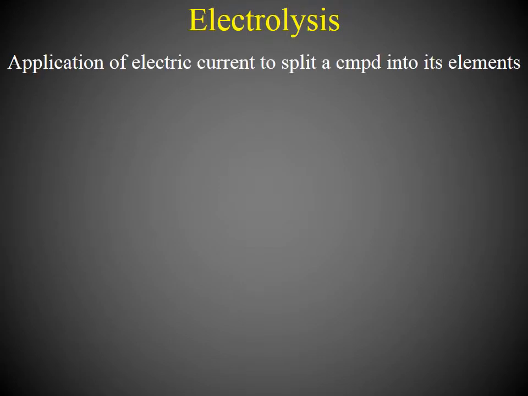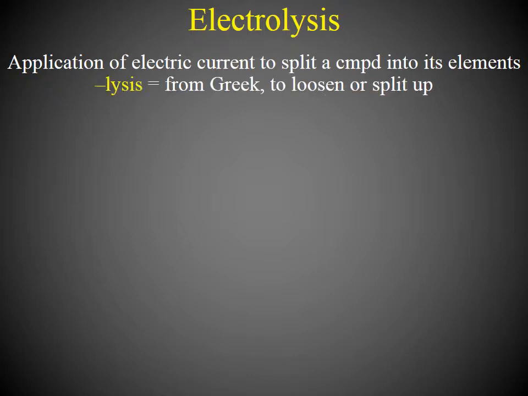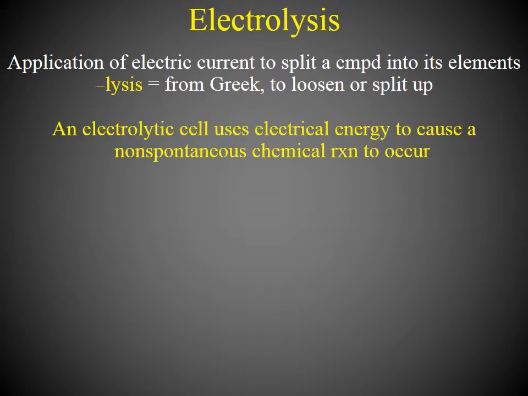What is electrolysis? Electrolysis is the application of electric current to split a compound into its elements. And as a matter of fact, it is a way in which we have discovered many of the elements. The ending of electrolysis comes from Greek, which means to loosen up or to split up. Now, practically speaking, an electrolytic cell is a cell that uses energy to cause a non-spontaneous reaction to